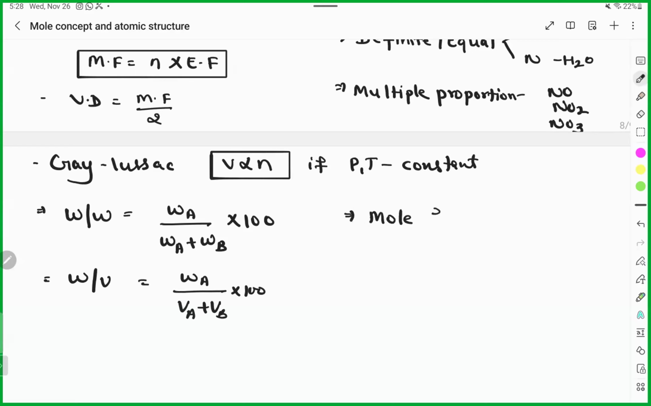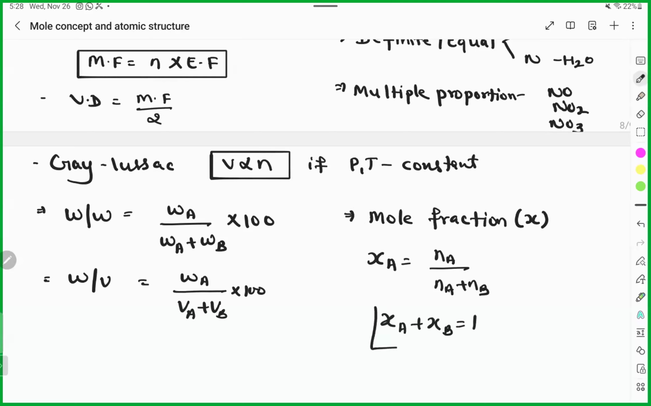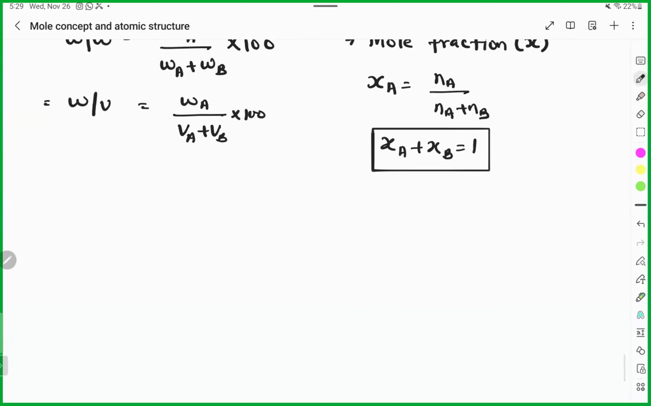If you take the ratio of moles, then you get mole fraction. So mole fraction is represented with the x. XA is number of moles of A by total number of moles. Same for B. And addition of A and B will always be 1. So no need to calculate both, calculate 1 and then subtract from 1. Okay. After that,